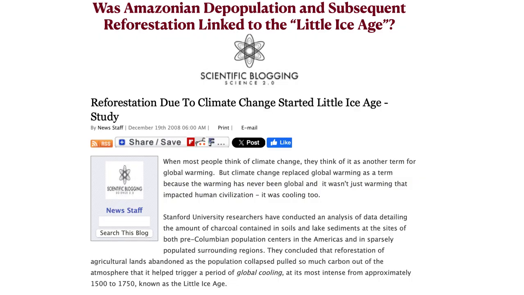An interesting thesis that came up a couple decades ago was the idea of Amazonian depopulation and subsequent reforestation of the Amazon. I mean, there had always been tropical rainforests in parts of the Amazon, but probably less than today. And after the depopulation, the rainforest expanded to what we have thought of as their natural range, but they hadn't been that large.